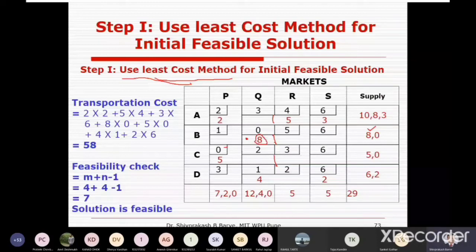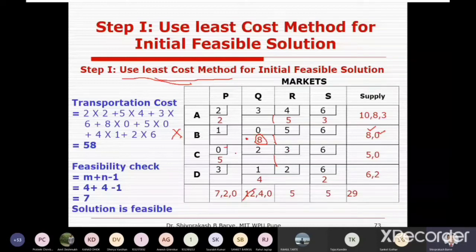This gives the indication that plant B's capacity is over. Don't consider plant B for the next iteration. And in the demand, instead of 12, now 8 is reduced, and for the next iteration it becomes 4. Now don't consider this B row and again check